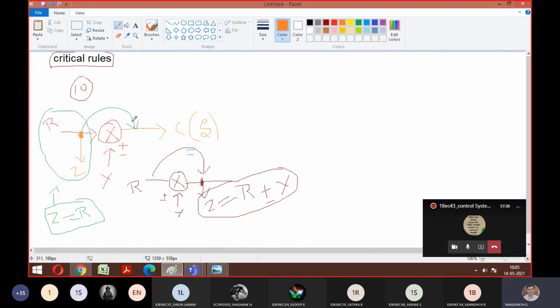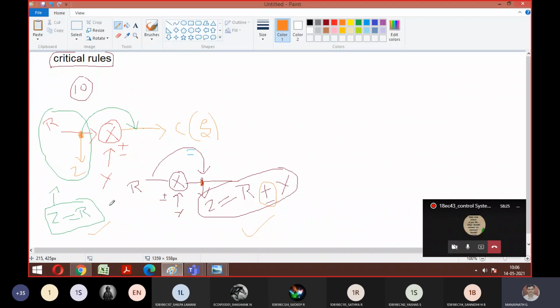Understand the logic of what I told. So the scenario is this. Still I have not moved my takeaway point ahead of the summing point. So before that I got Z equals R. Agree with the first case? Yes, sir. If I move my takeaway point ahead of the summing point, so the point has been moved here. So this is your Z, right? So what is the answer? Z is nothing but this input plus this input. So I got R plus or minus Y. If plus is there, plus; if minus is there, minus. That's why I wrote plus or minus. So is it okay till here? Yes, sir.